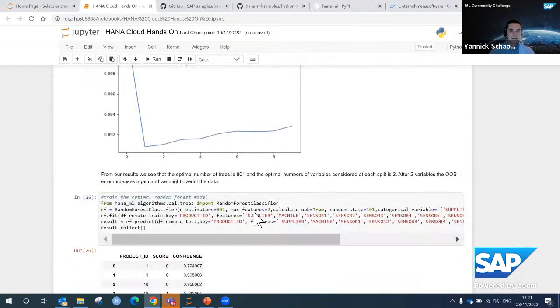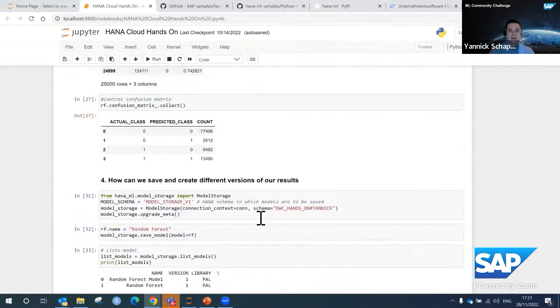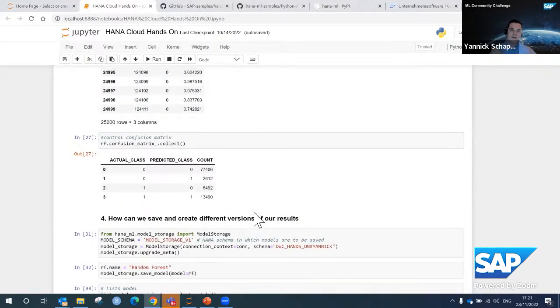And in the end, I of course have one final model, which I'm happy with, which I then want to, of course, also save in my HANA Cloud and maybe use it at a later time again. And for this, I'm now also able to create a model storage directly in my HANA.